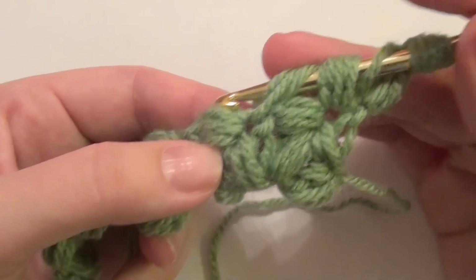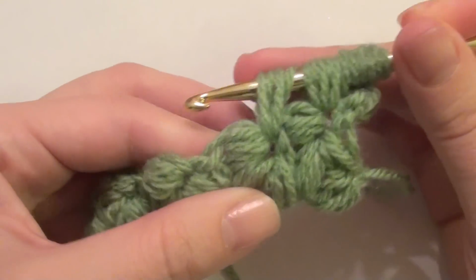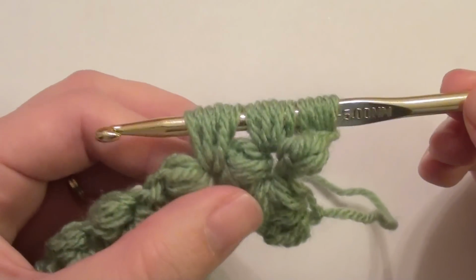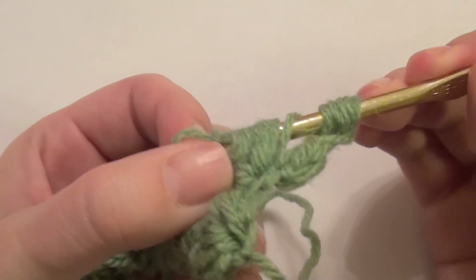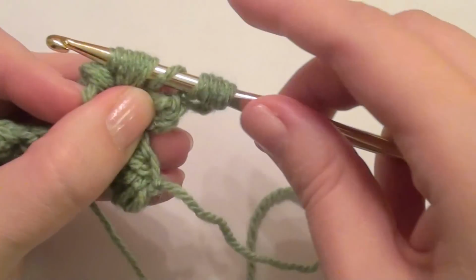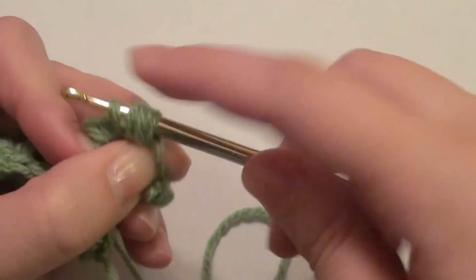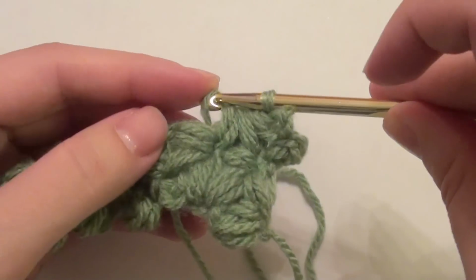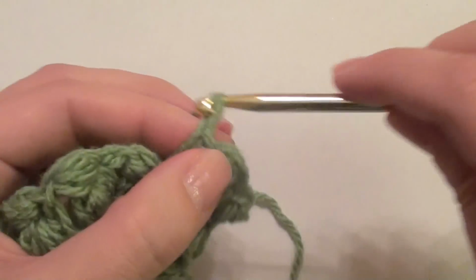1, 2, 3. So you have all 3 puffs on your hook. Yarn over, grab a hold of that loop, pull through all your loops, place your hook through that loop you held on to, yarn over, pull through 2, 1, 2, chain 1,